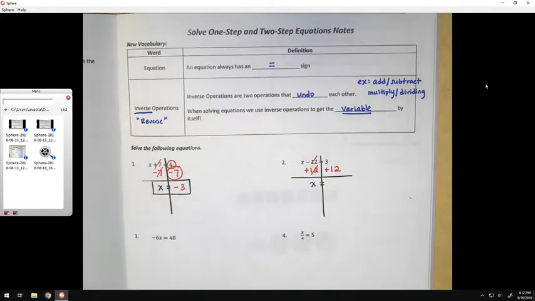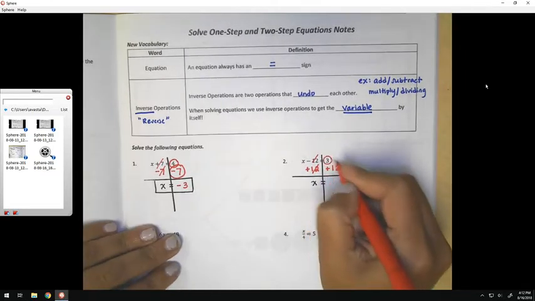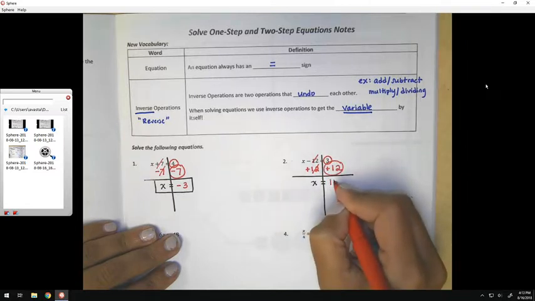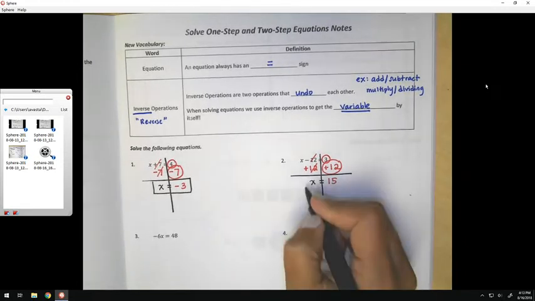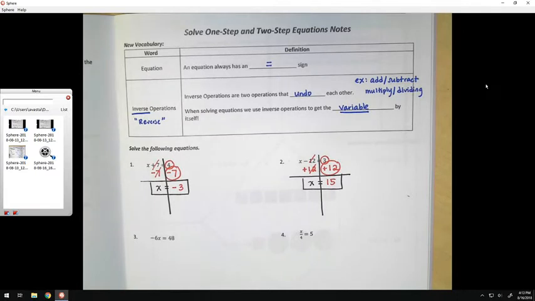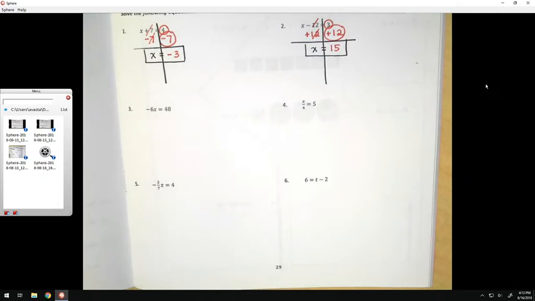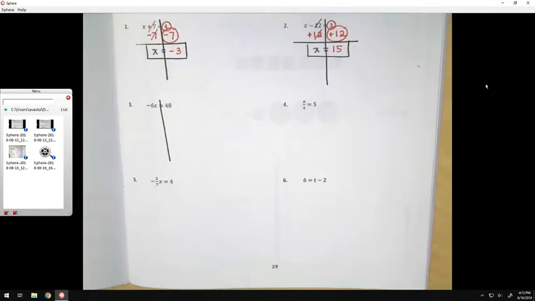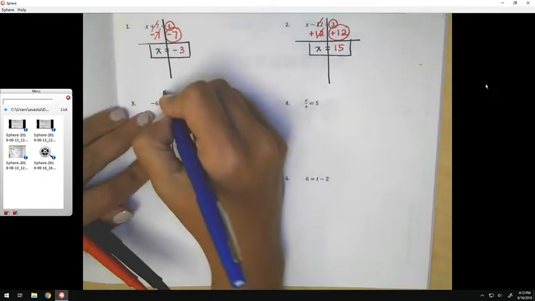On the right side of the equal sign, I'm going to have 3 and 12. 3 plus 12 is 15, so my final answer would be that the value of x that satisfies this equation is 15. Now let's go ahead and take a look at number 3. In problem number 3, we have negative 6x equals 48. Again, I would start by drawing a line through my equal sign. In this problem, instead of adding or subtracting, the operation here,